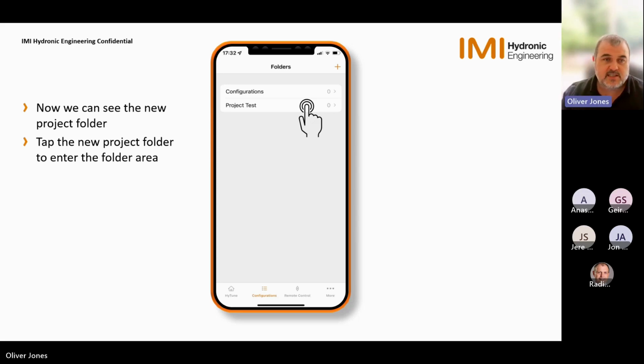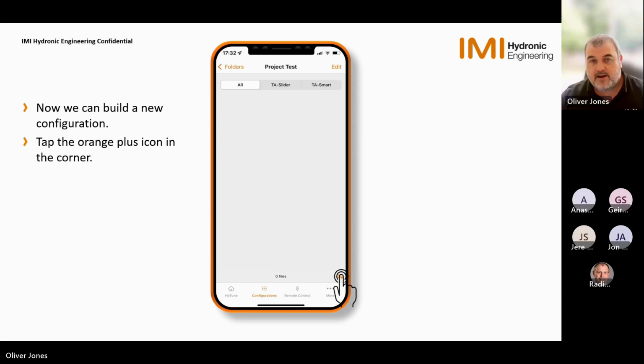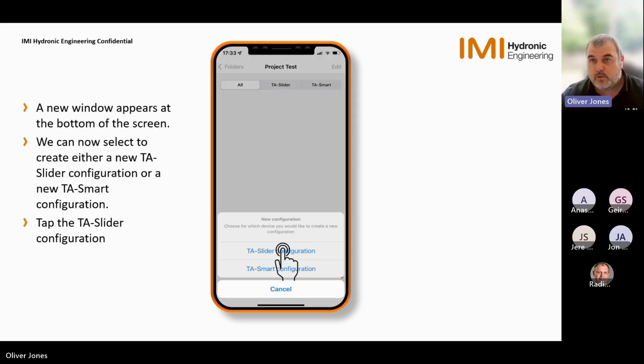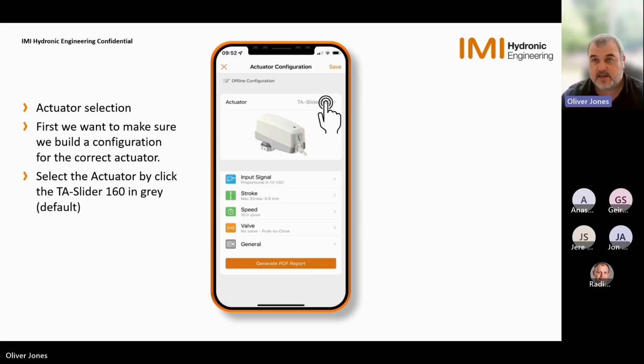So if we click Project Test, we now enter our area where we can build a configuration. If we click the orange plus in the corner, this will then bring up a window asking us what we want to do. So do we want to build a configuration for a TA Slider, or do we want to build a configuration for a TA Smart? In this instance, we're going to click TA Slider, and that will take us to our TA Slider actuator